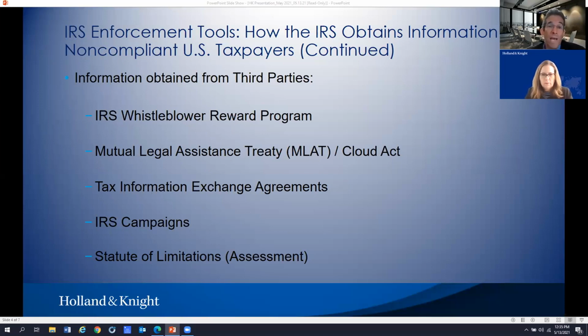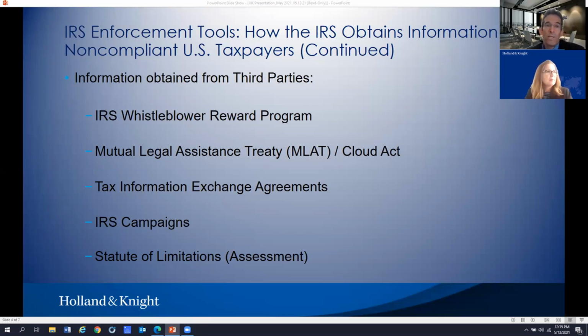But the truth of the matter is not everybody who's doing business offshore is a criminal. And having foreign accounts or foreign entities doing business is not illegal. If it was, the IRS wouldn't have the forms that tell you to report it. It'd be illegal. There would be no forms. So that's the whistleblower program.